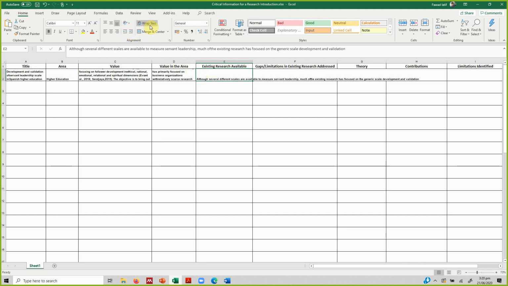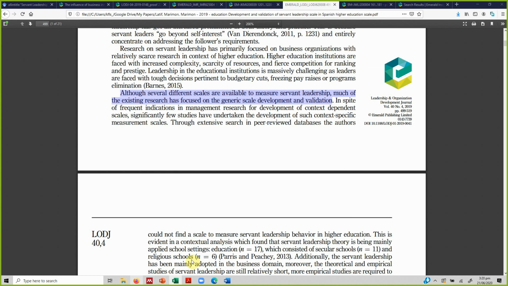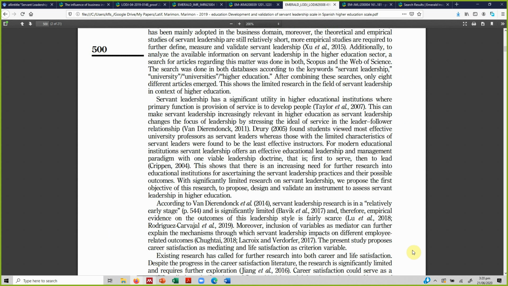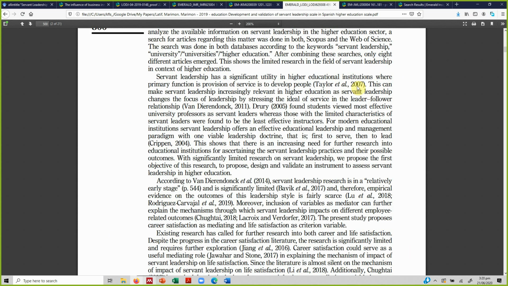Obviously, this is not the only limitation that this paper addressed. There are other limitations as well. And if you read through this paper, what we come across is this paragraph. Obviously, this is my paper, so I know where things are, but whenever you are doing your research, you have to read the paper, maybe the introduction three or four times, in order to identify where the actual information is. So in this case, this is the limitations of existing research,